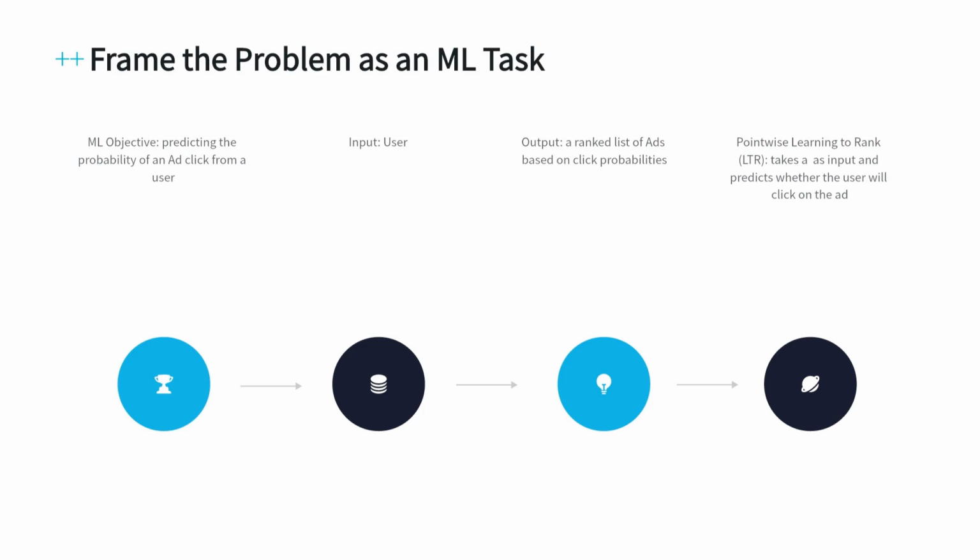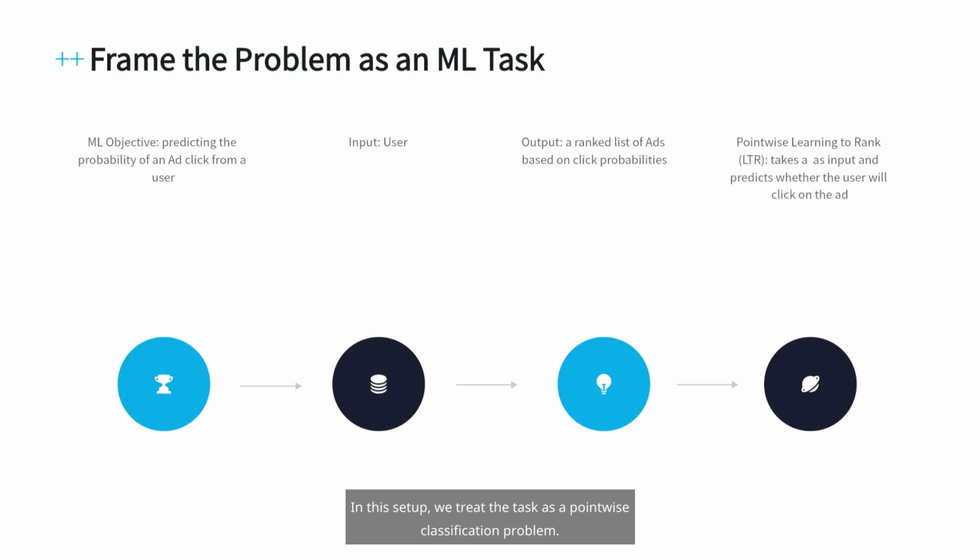Pointwise learning to rank, LTR. In this setup, we treat the task as a pointwise classification problem. Each example is a user-ad pair labeled with whether or not the ad was clicked, 0 or 1. The model is trained to predict this binary label using standard loss functions like log loss, cross entropy. At inference time, we compute scores for all candidate ads for a user and sort them by score to form